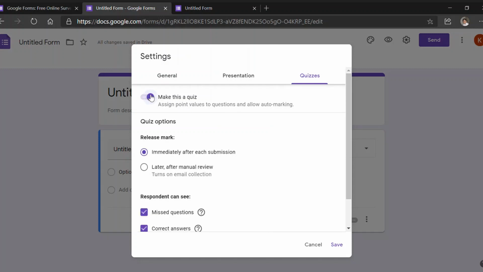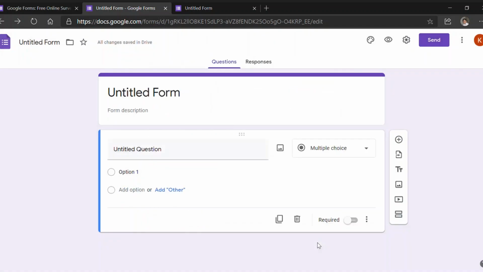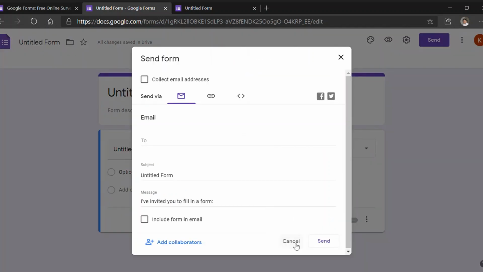From here you can edit the internals of the working of the form. After that, you can share the form by clicking on the send button using your preferred option.